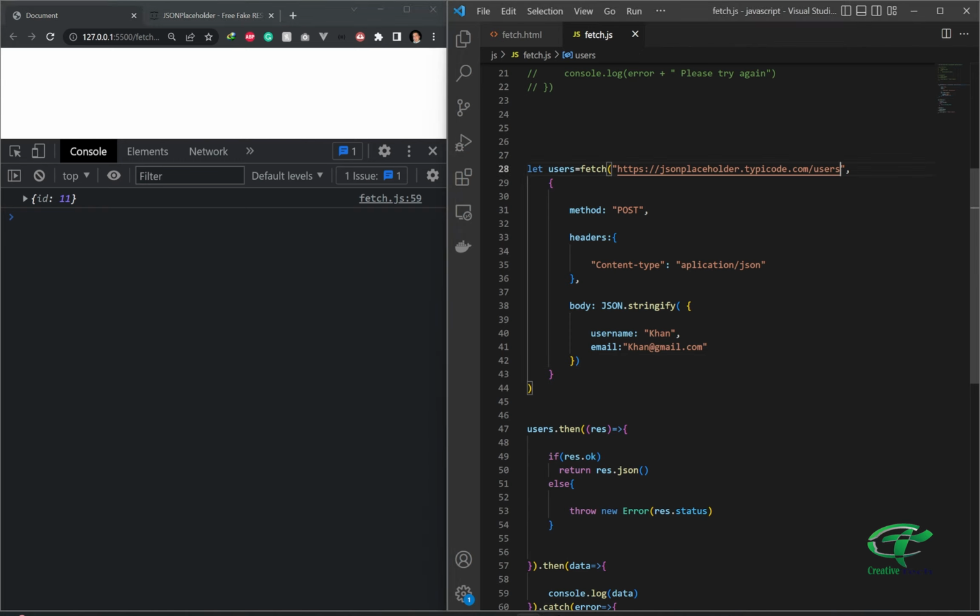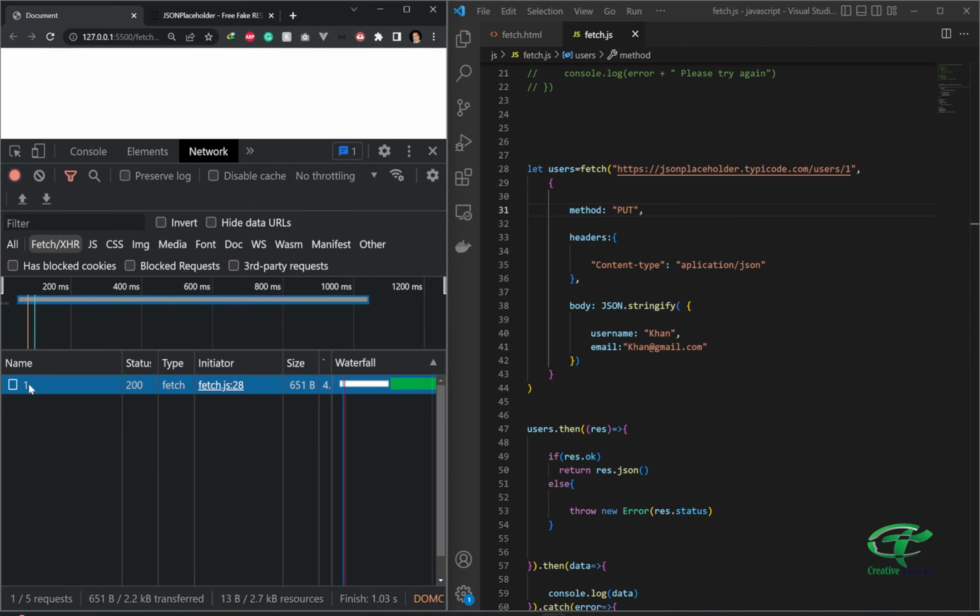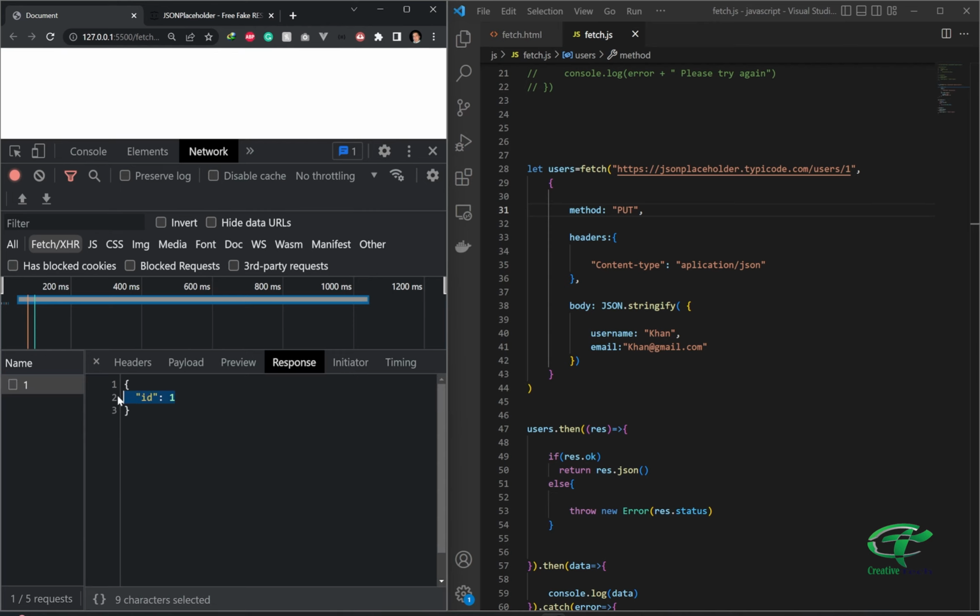Now let's say we want to update some old data. So here we can change this URL. So let's say 1. We are changing the number 1. Now we got an error, and here we need to change this method from post to put, and now it will be successful. So again you can see the ID number 1. So that is the response from the server. As you can see the response here,